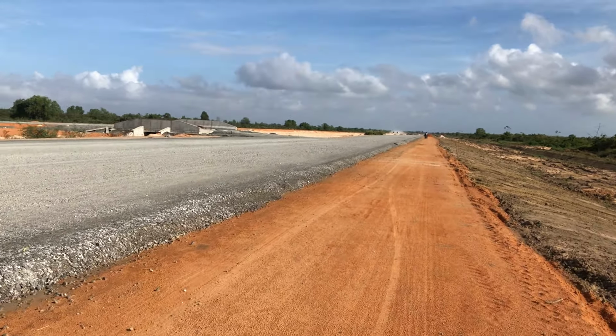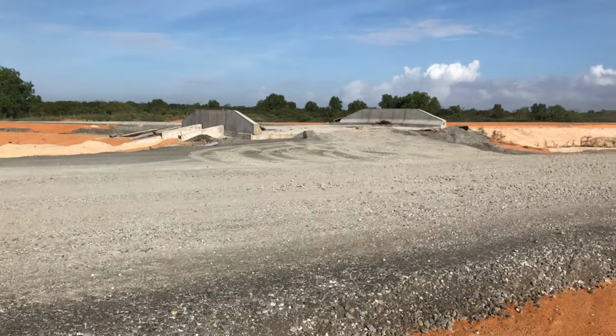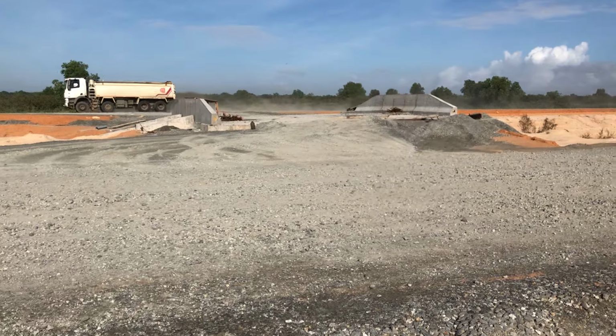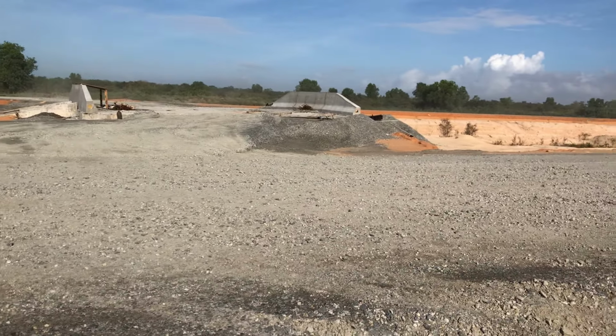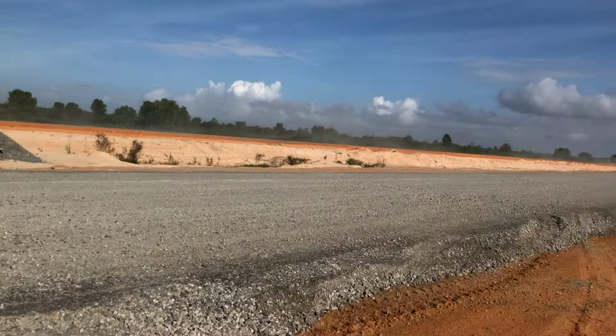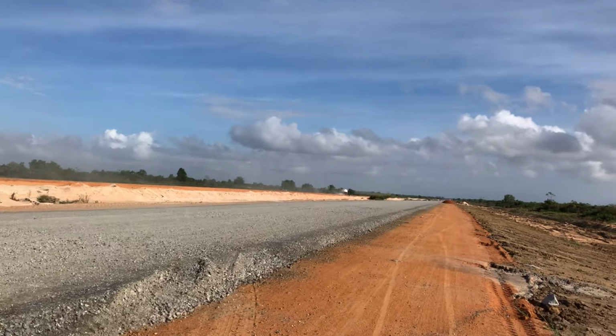So this is what's happening here. It's about 7, maybe 7:30 on a Thursday morning in Guyana, here on the East Coast, and we're about a mile or so away from Ogle. This is a bridge connecting the two lanes, the northbound and the southbound lane, so I guess this would be the turnaround point where you can make a U-turn, which is important